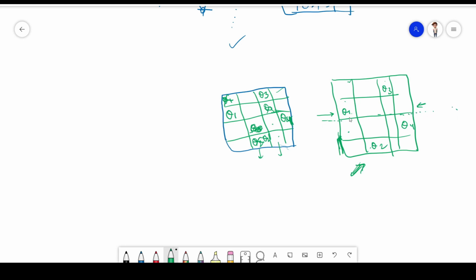Okay, Q1 comes over here, Q2 goes over there, Q3 comes over here, and Q4 goes over here. So it will give a solution. The first solution we got was 2, 4, 1 and 3, and the other solution will be Q1 dash, Q2 dash, Q3 dash, and Q4 dash will be here.